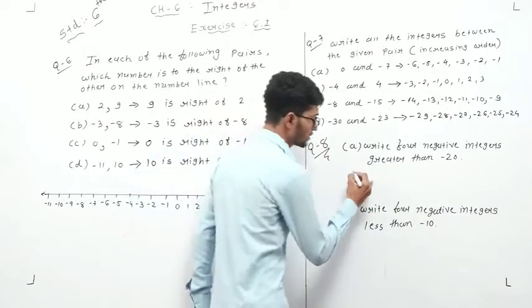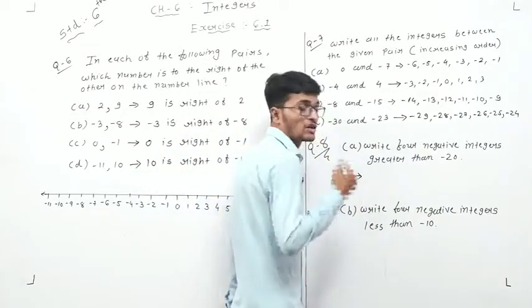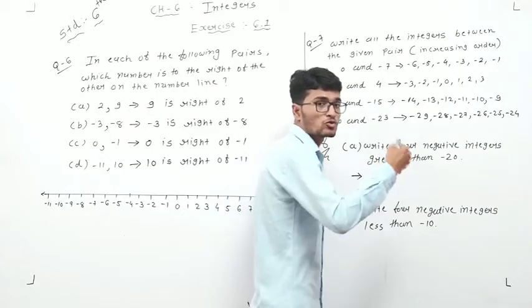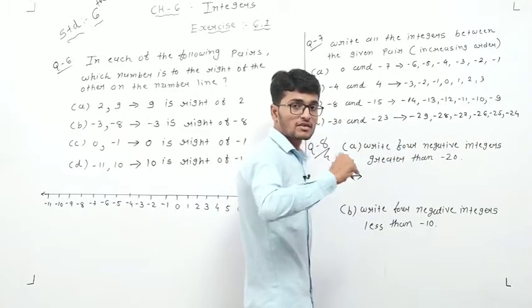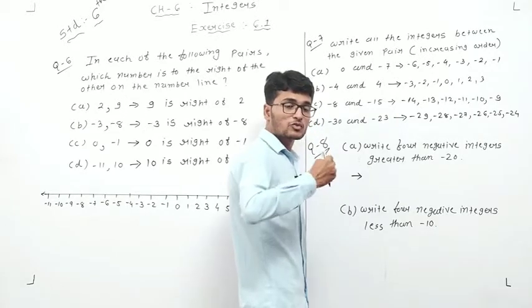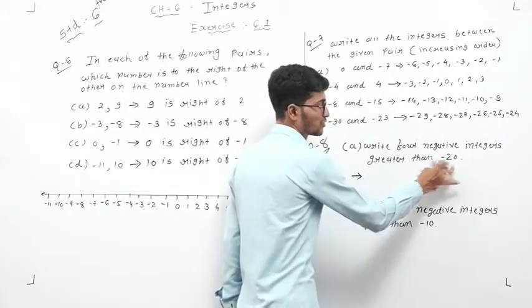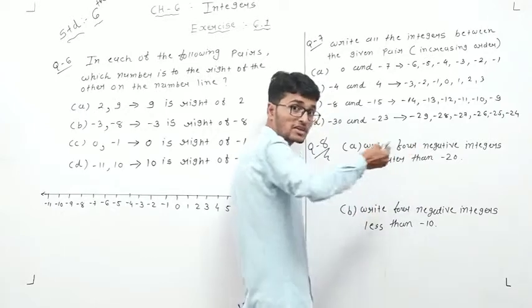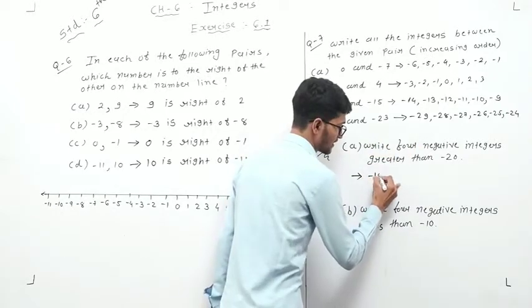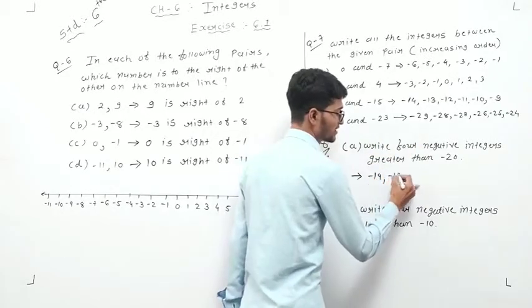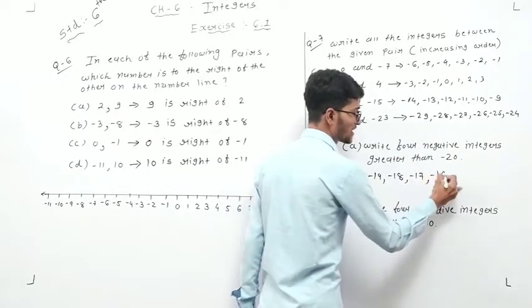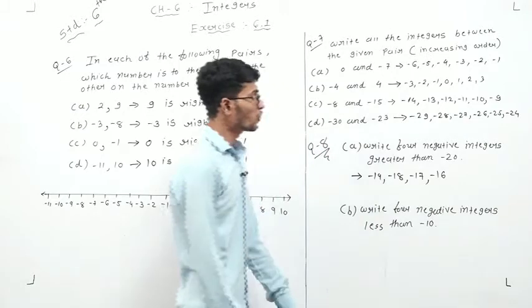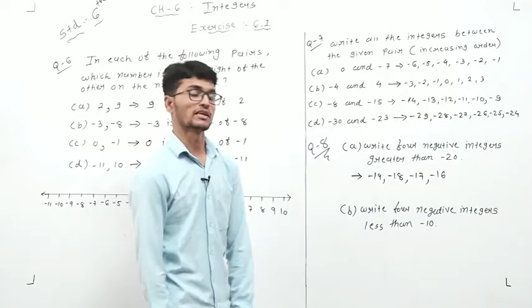In minus 20, it's the opposite. In positive numbers, 1 to bigger is 2, 2 to bigger is 3. But on the negative side, it's interchanged. Between minus 1 and minus 2, the bigger number is minus 1. So the numbers bigger than minus 20 are on this side: minus 90, minus 80, minus 70, minus 60. So these are 4 negative integers greater than minus 20.